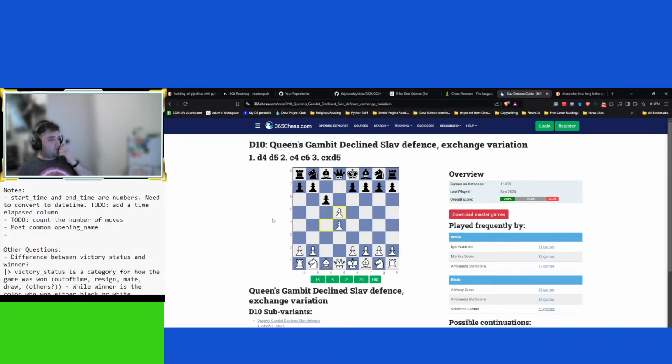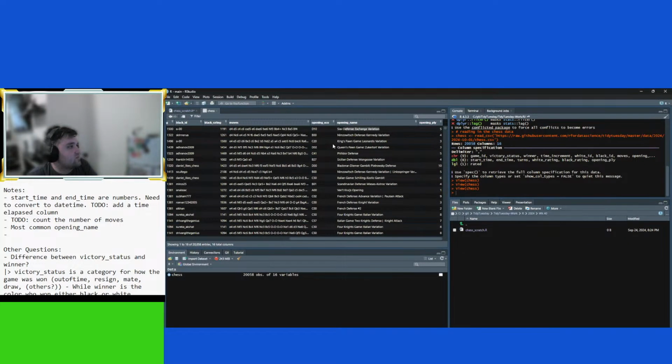Aha! Here we go. Exchange variation. Okay, so this is the opener in that first game, and it looks like that data lines up. Perfect.